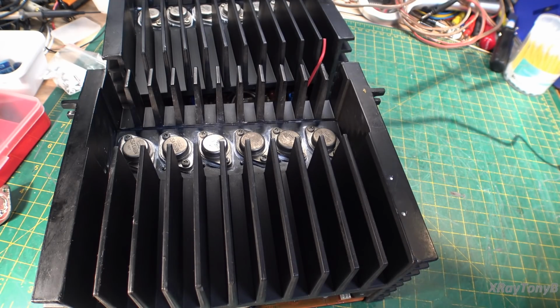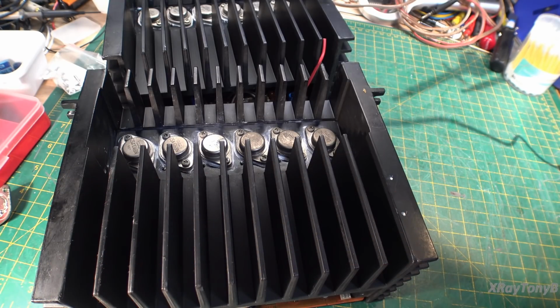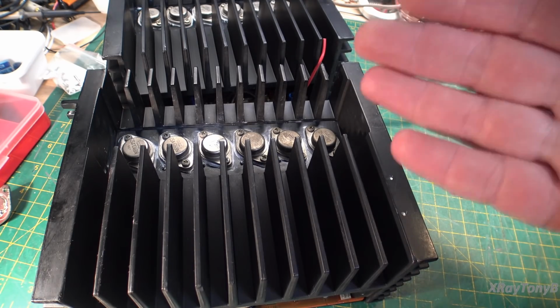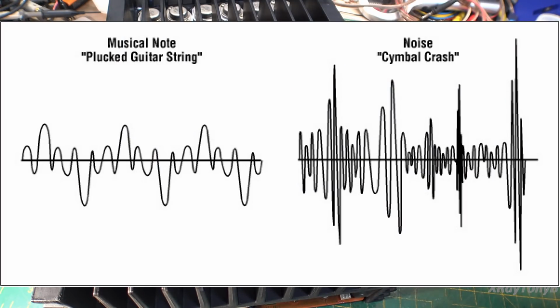But to the next level, transient intermodulation distortion, the best way I can explain it or understand it is that when you're having a change in a complex waveform, it's the ability of the amplifier to reproduce that without distorting it. So for instance, even though the audible frequency range that our ears can hear is between 20 hertz and 20 kilohertz, that's the average healthy human ear, healthier than mine. But whenever you combine a bunch of different complex waveforms together, not just sine waves, but